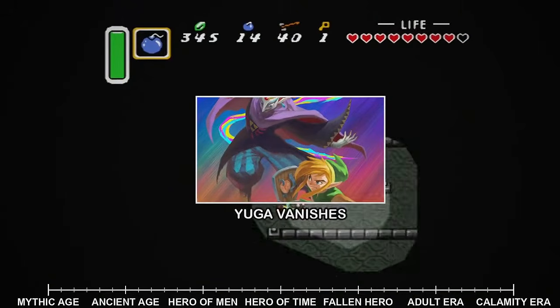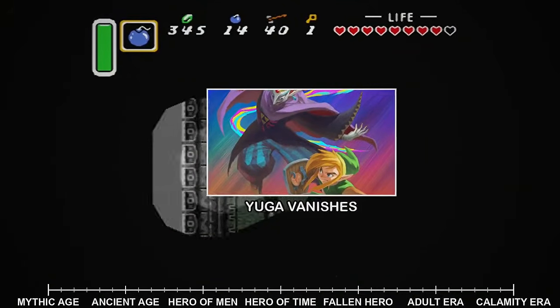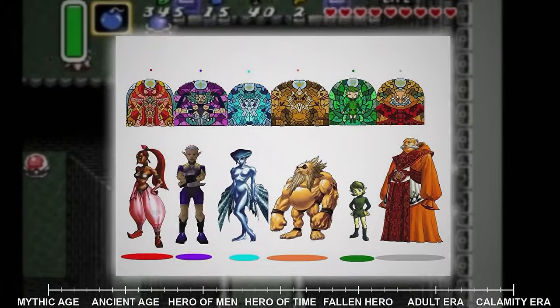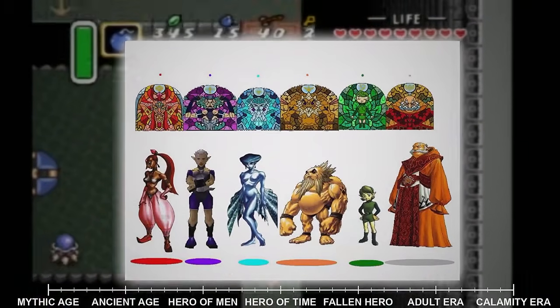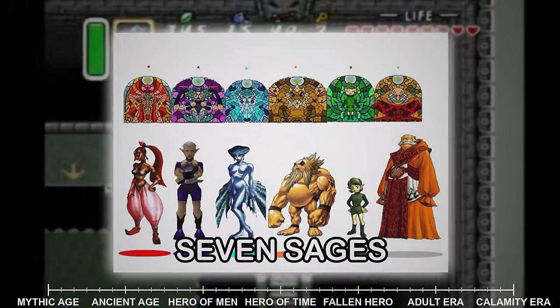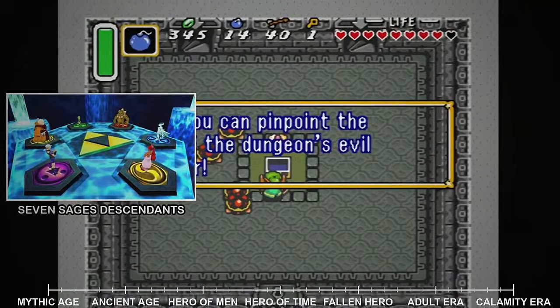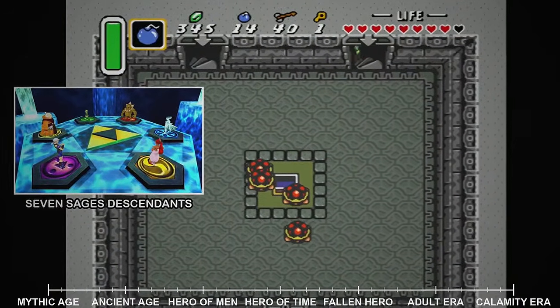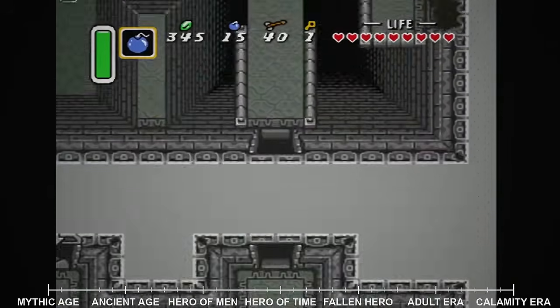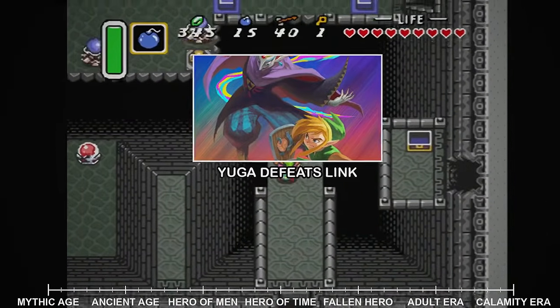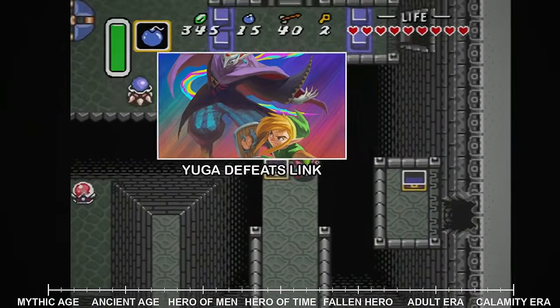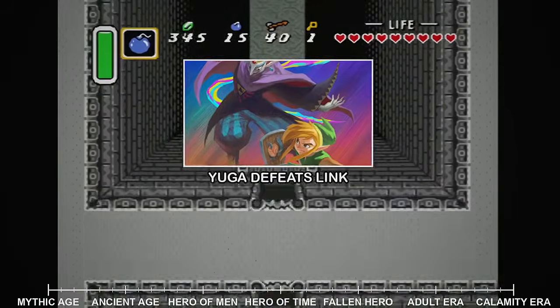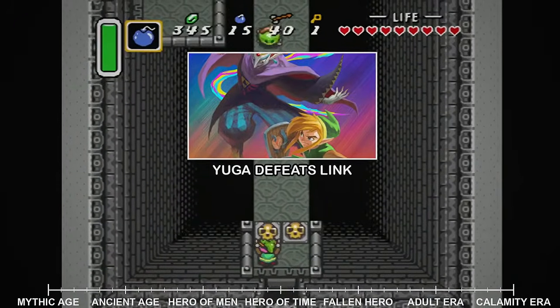Princess Zelda tasks Link with investigating these strange attacks. She explains that Yuga has been traveling across Hyrule, targeting the descendants of the Seven Sages, the very individuals whose ancestors helped seal Ganon away. One by one, Yuga has been turning these sages into paintings, trapping them in two-dimensional prisons. Link sets out to stop this madman, but he quickly realizes he is outmatched. When he confronts Yuga at the Eastern Palace, the sorcerer effortlessly defeats him and prepares to turn Link himself into